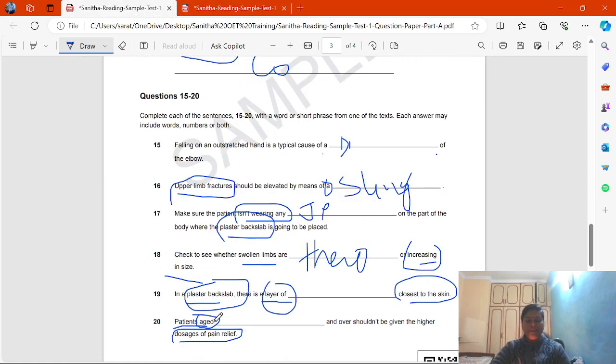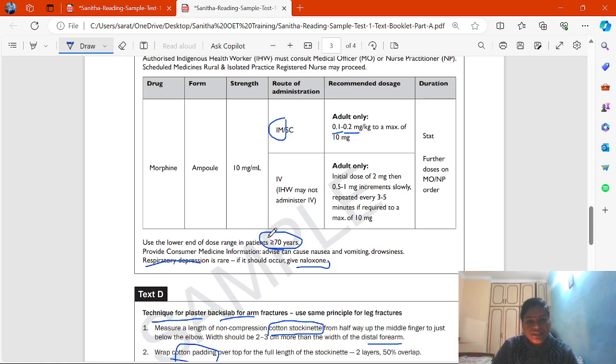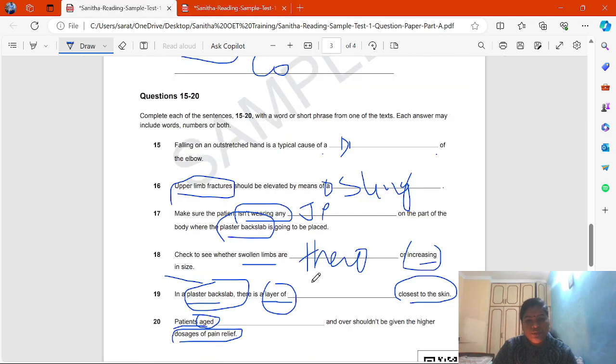What is the question? Patient aged 70 and over. So here it is given as more than 70 or equal to 70. Then what do you have to do? Write 70 years. Okay, got it? You have to write 70 years here. See how easily you are getting the answer? It is a technique you have to follow when you are doing the OET reading